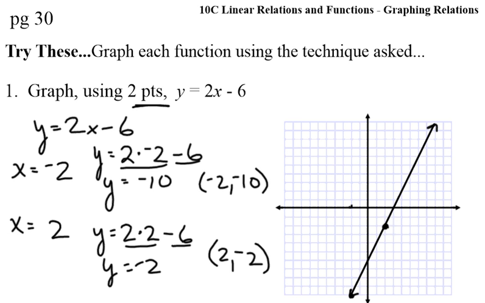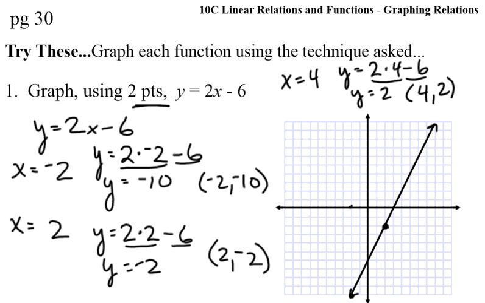Could we check with a third? Absolutely. Let's check with, I don't know, x equal to 4. One more point to use. Y equals 2 times 4 minus 6. 8 minus 6 is 2. So as a quick check, even though it only says using 2 points, I want to make sure I'm correct. So at y equal to 2,